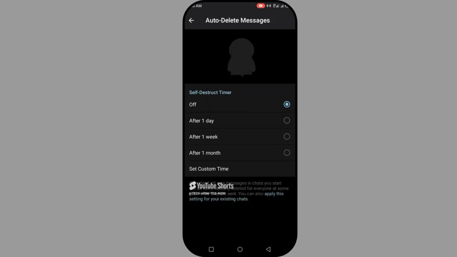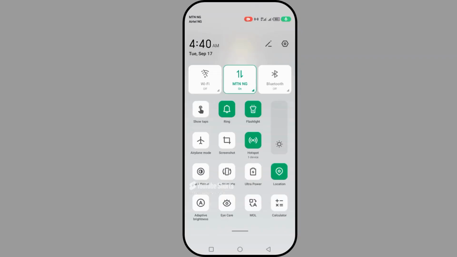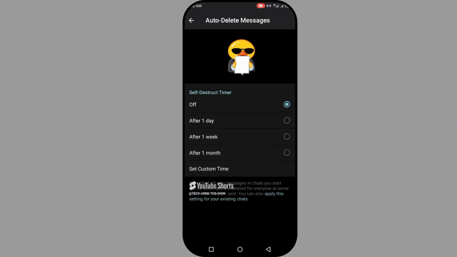Auto delete, and this is it. You have to set when you wanted to use your auto delete. You say after 1 day, you say after 2 days, just anyone, or you can set your custom time. You use it to control your messages. When your messages is too much, you can just set it till exactly time you want to use auto delete, and it is going to delete it immediately after you have